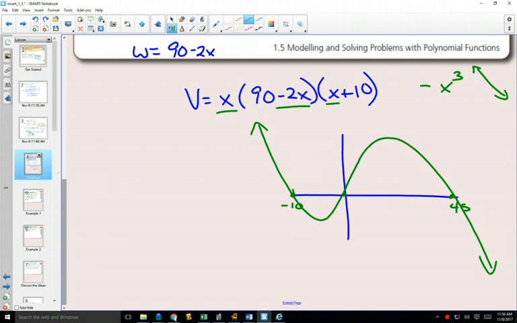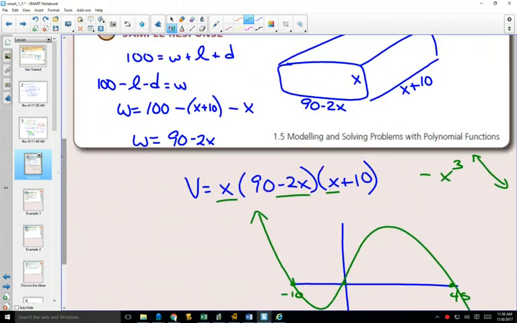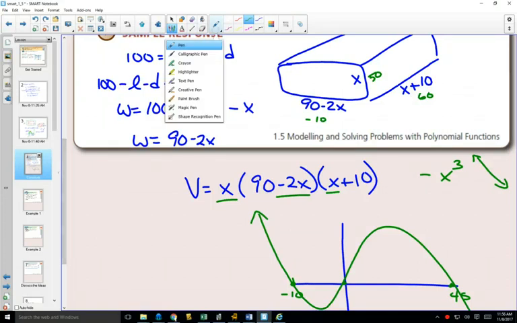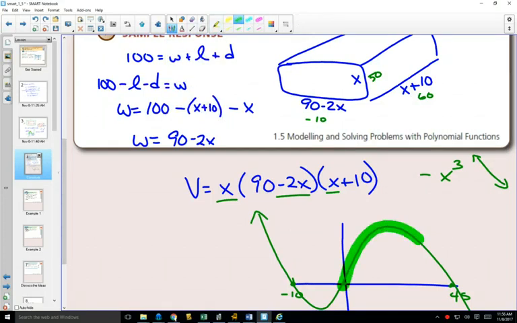If you go past 45, if this is 50, that makes this 60. You're already over 100. And so in order for it to work, you'd have to have a minus 10, and that doesn't make sense. And so our only part that makes sense are these values in between 0 and 45. So now that we have the idea of what we're looking for, and we're looking for that maximum,